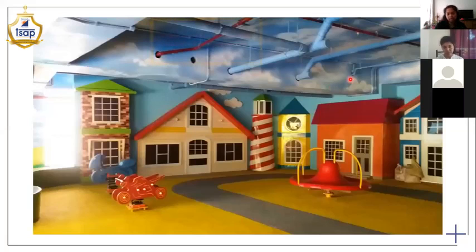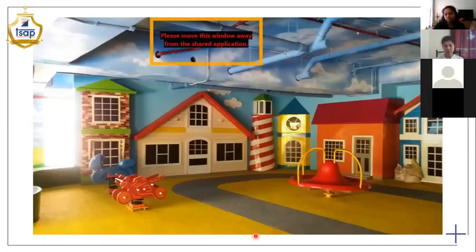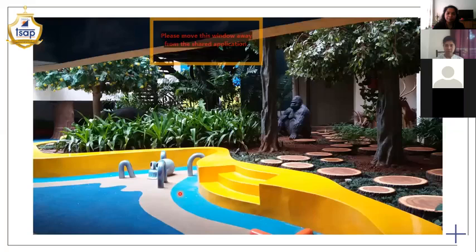So the idea was to create a space that made you feel like you were walking in a city or a town. And the gray line that you see at the bottom is a track, so it's like a tricycle track. So this whole area is more dedicated for the younger children, so for toddlers. So you drive a tricycle around the city, and then you've got your play equipments and everything around it.